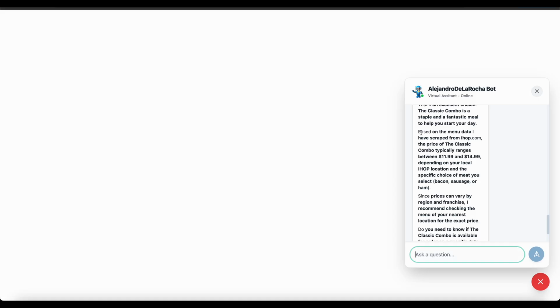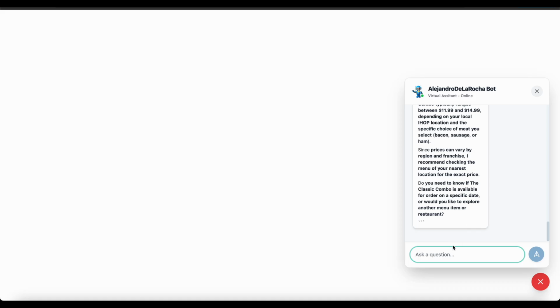By the way, we can eliminate this, the bot saying, based on the menu data I scraped from iHop. We can totally get rid of this. The client doesn't have to see this, but this is just a demo of what it can do. So it is between $12 and $15 apparently,